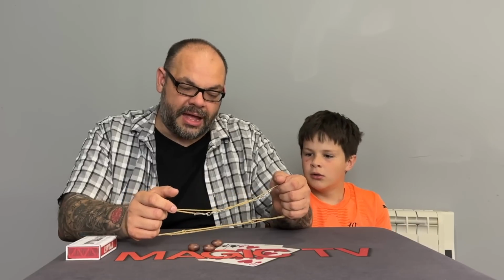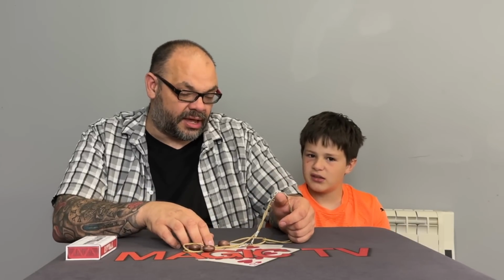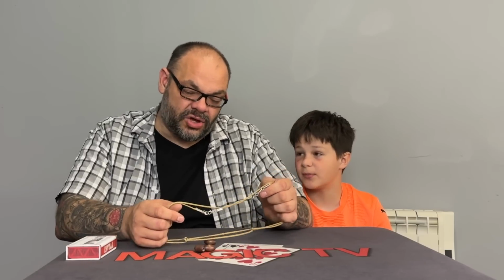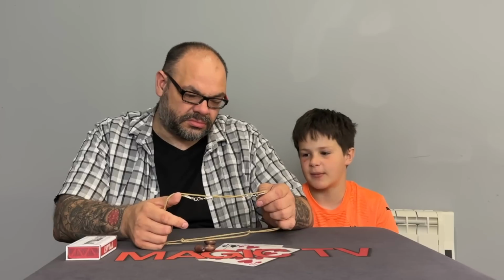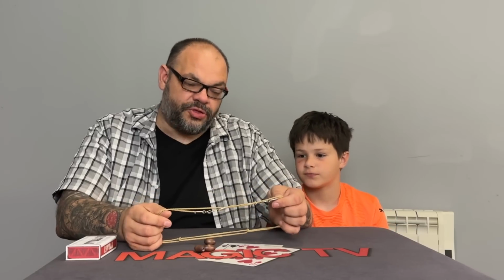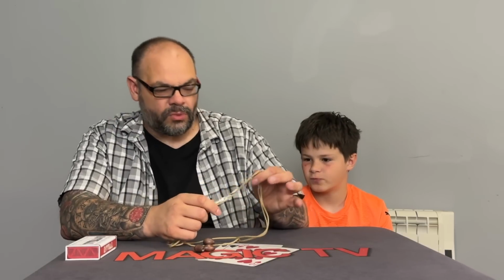Yeah. It's examinable though. Once you've finished, they can examine this, can't they? Yeah, but with the TCC you can examine the other one. So you can before and after. With this you can't examine it before, but with the TCC you can examine it before and after. The big issue for me is when I watched Dan Harlan do this on the trailer, and when I watched the live performance on the tutorial,